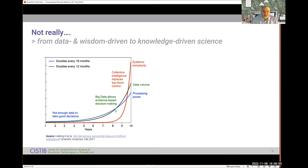So there is an inflection point where there will be more data than processing power, but also this data volume is accelerating. It's now doubling every 12 months, but people talk about it doubling every 12 hours at some point. And more importantly, there is a systemic complexity, both in the algorithms that we develop that have more and more parameters, but also in the complexity of the disease, as we understand that with an increasing number of comorbidities and interactions between diseases, there are grounds to believe that this complexity is growing in a factorial way,